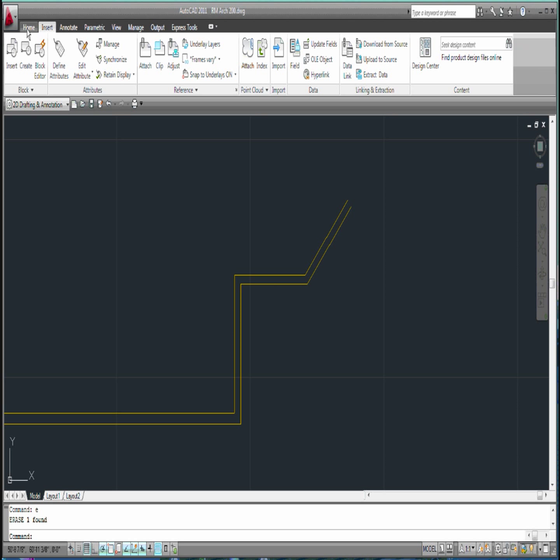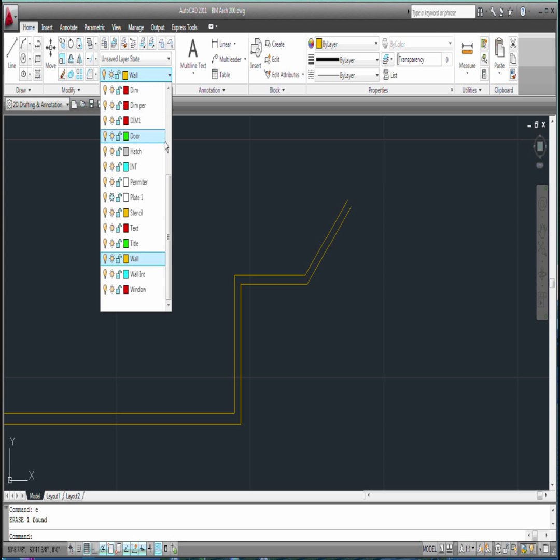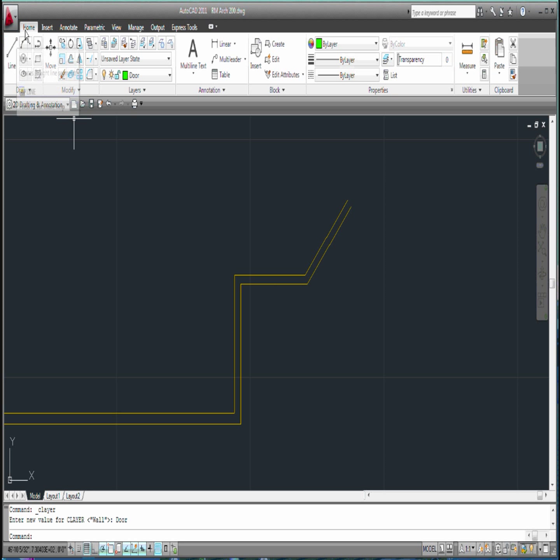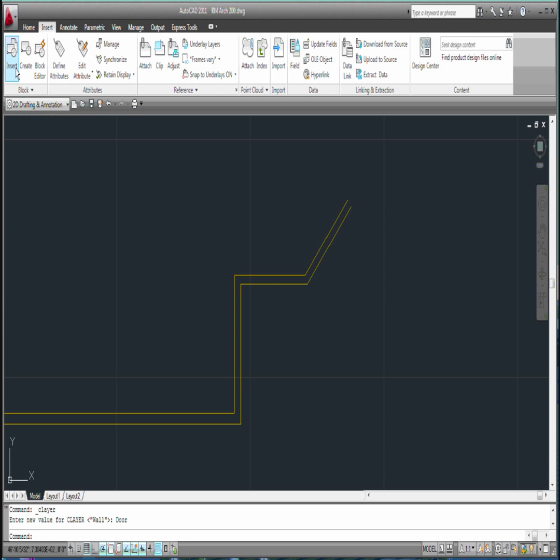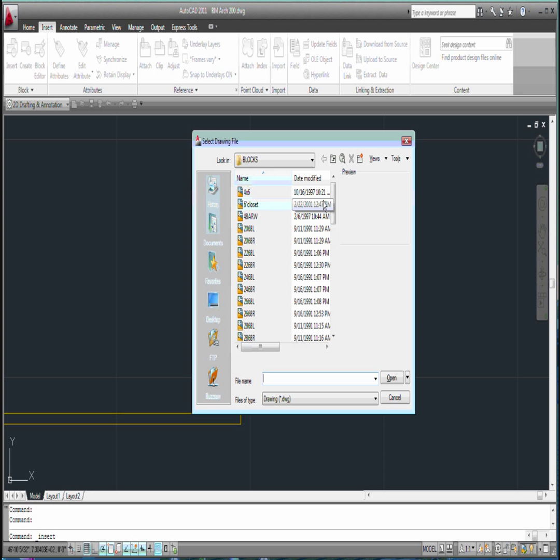If you're here at home, you want to make sure that you change this layer to door, and then go to insert, and we're going to look for that block. And you notice that there's several different doors in the blocks that are given to you for this class. So we're going to look at